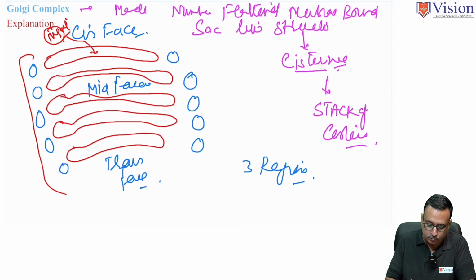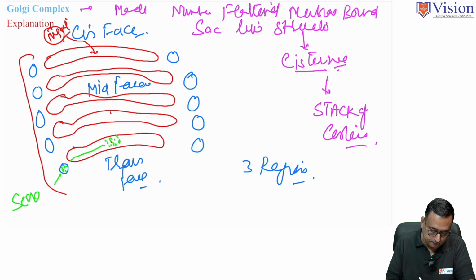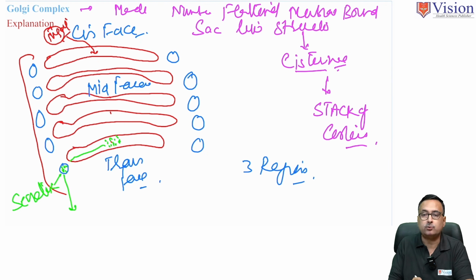Immature protein undergoes post-translational modification, and finally the mature protein or insulin accumulates in the trans phase, and from the trans phase it will be loaded into a secretory vesicle. This is a secretory vesicle, and this vesicle carries this insulin molecule